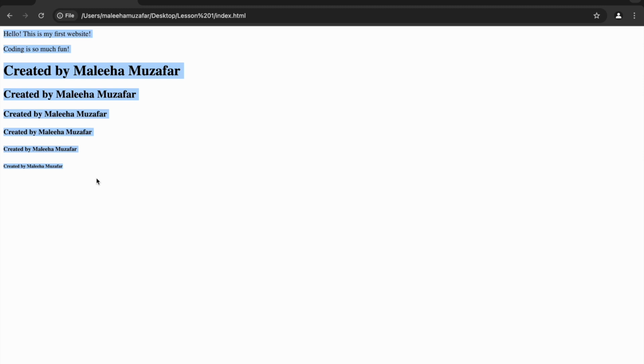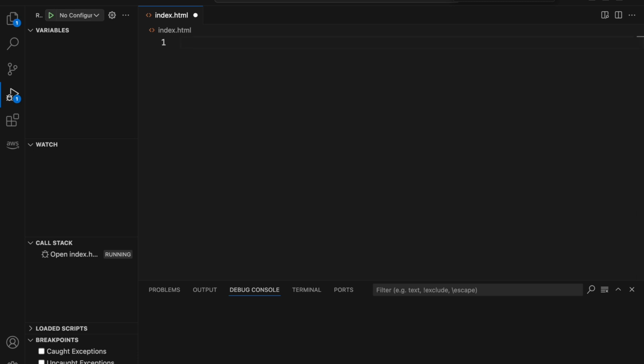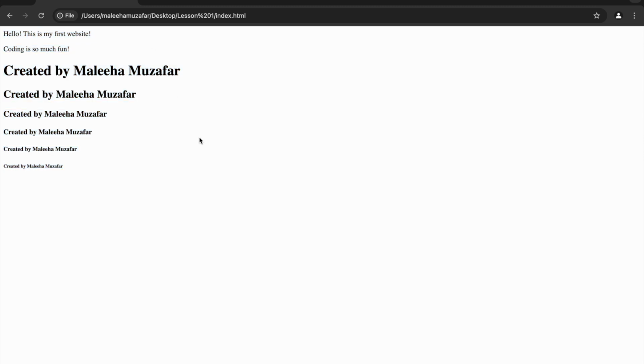So this is basically HTML. You kind of structure your content on your web pages. So we've looked at 2 elements so far. We've looked at paragraphs, we've looked at H1, H2, H3, all the headings basically. So those are the basic elements for you. Now we have something called, actually before that, let's show you how you can,